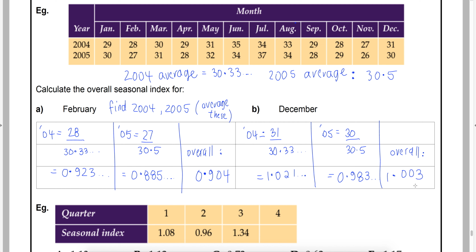Now, of course, they're not always going to sum to 4. If you've got this here, you see, again, 2-month period, so 1, 2, 3, 4, 5, 6 seasons. This should then, of course, sum to 6. So what we do is we add them up. So 1.36, 1.01, 0.96, 0.95, and 1.22. We get 5.5. So if we go 6 minus that, we should have 0.50